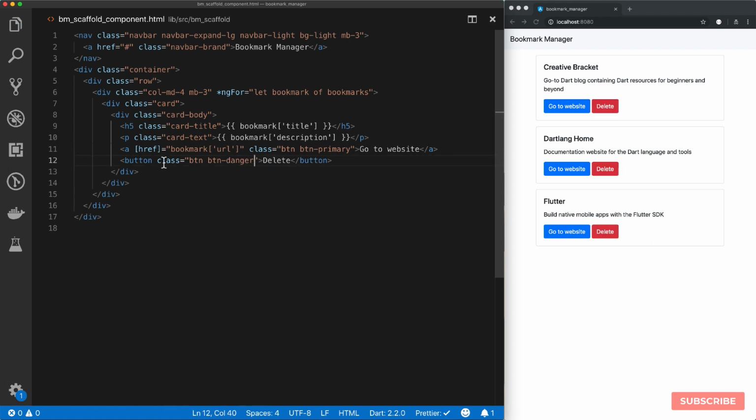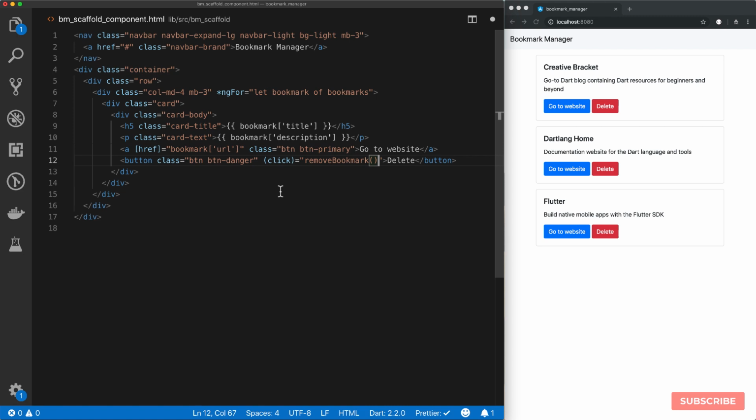And then we're going to attach a click event to this button. So the way that works is you have the name of the event, and then you wrap it in curved brackets, and then on click we give it a method we wish to invoke, which would be remove